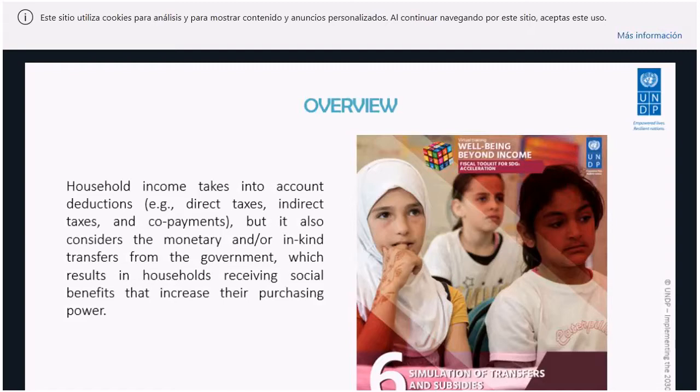But once we take into account direct and indirect taxes, that means once we subtract from the income the direct taxes and the indirect taxes that households and individuals pay, those who are in poverty, and this is an actual result, the figures are not actual, but the result is actual, we can see that the benefits of transfers are nullified, and we can observe that poverty even increased.